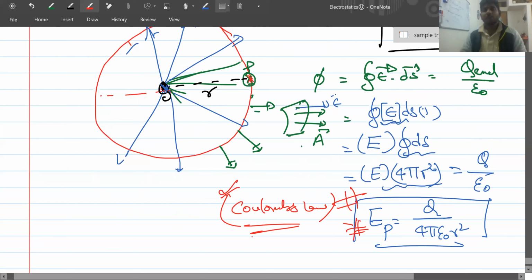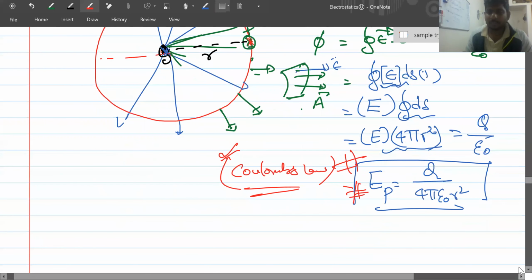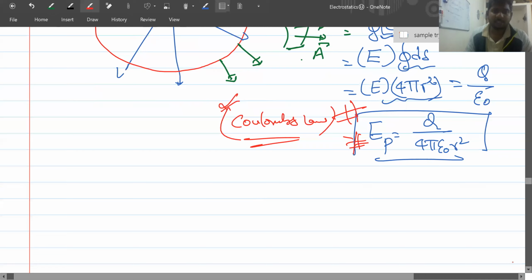So like this, for symmetrical charge distributions the formula is applicable for any surface. The first point you need to understand is that this formula is applicable for any surface, any type of shape. But to find out electric field, if we have symmetrical surfaces drawn, it is easy to find out electric field at that point.